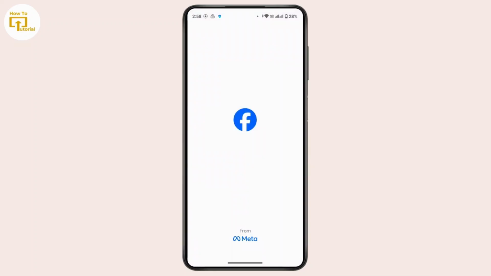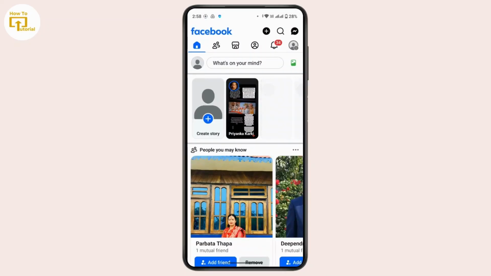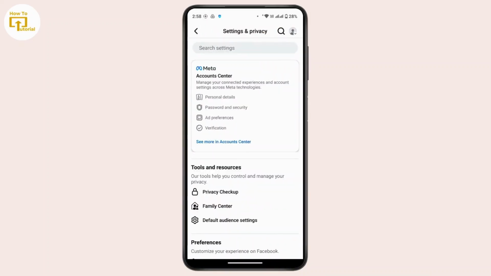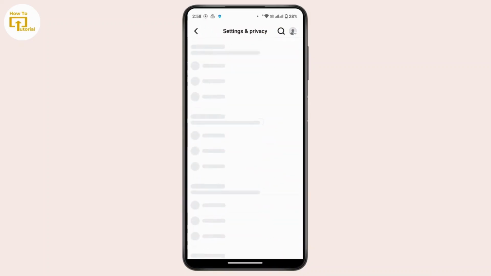First of all, launch the Facebook application in your mobile device and make sure that you're logged into your account. Once you're on your home page, navigate to top right corner and tap on the profile icon with the three-line icon. Once you're here, head towards the settings. So tap on the settings icon at the top right. On the settings and privacy, you have to scroll down